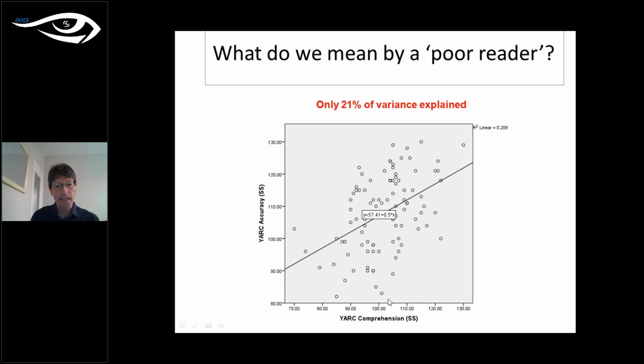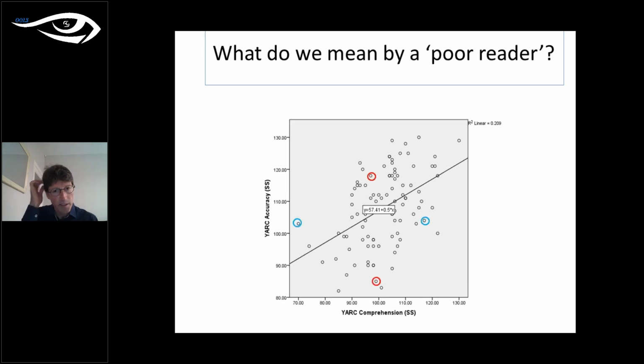What we're saying is, if you know somebody's comprehension, you may not make a very good prediction of what their accuracy is. Or if you know somebody's accuracy, you're unlikely to make a very good prediction about what their comprehension is. And that's what I've done in the next slide, is just to pick a couple of